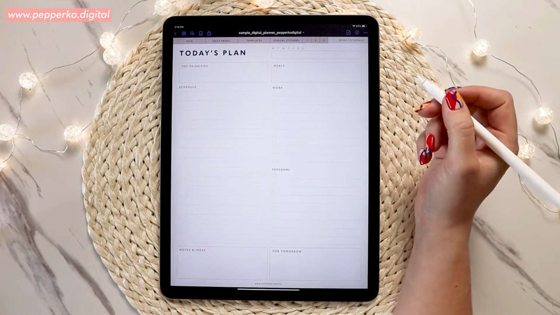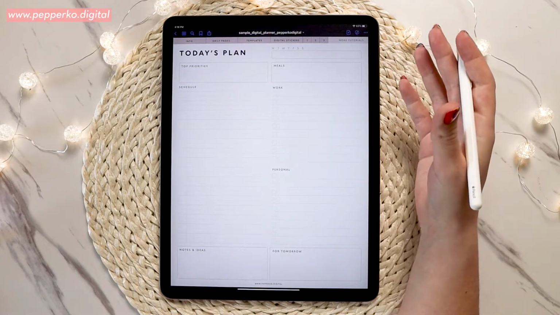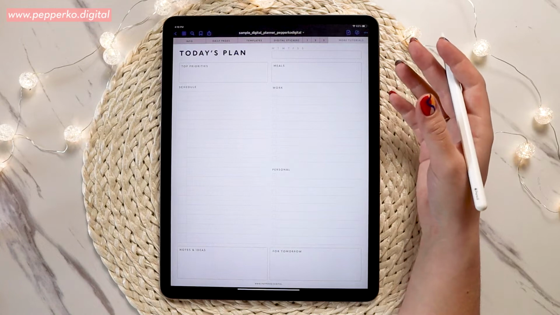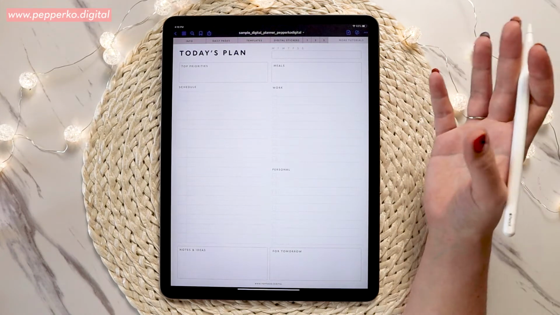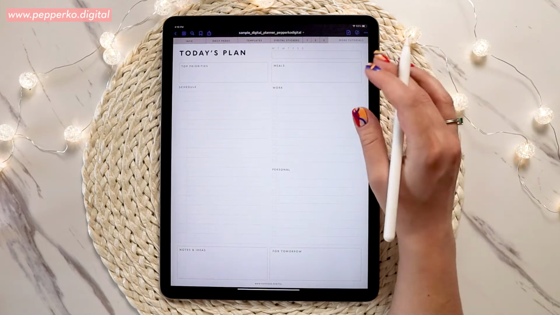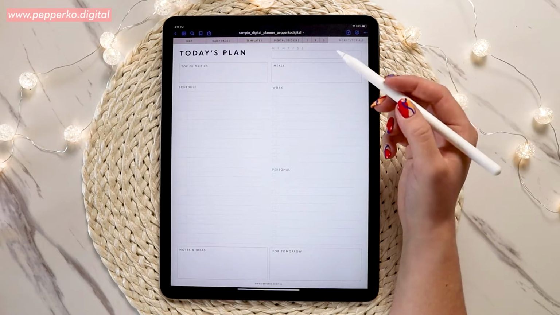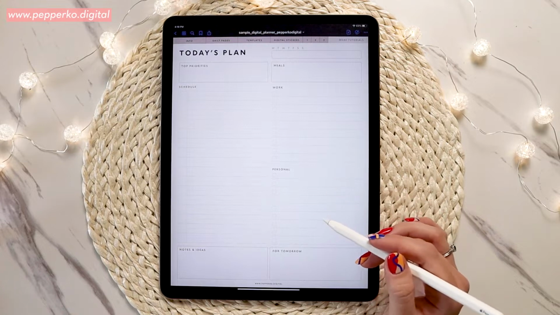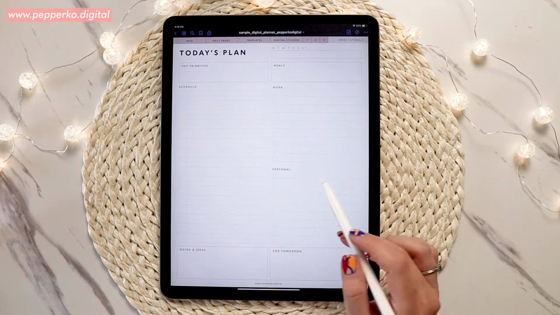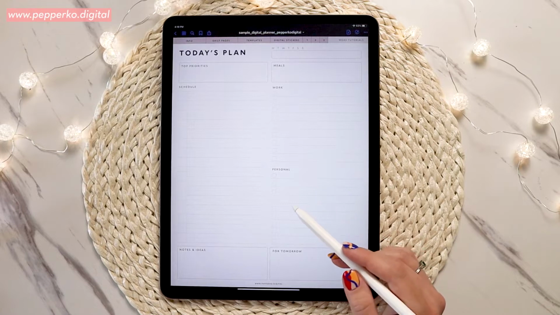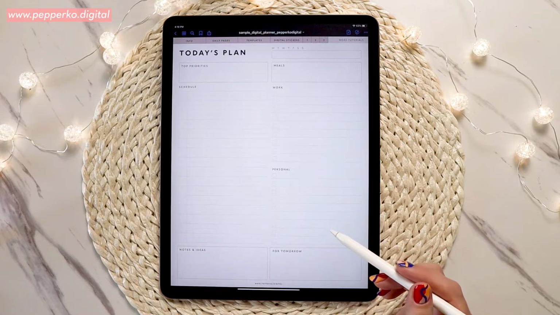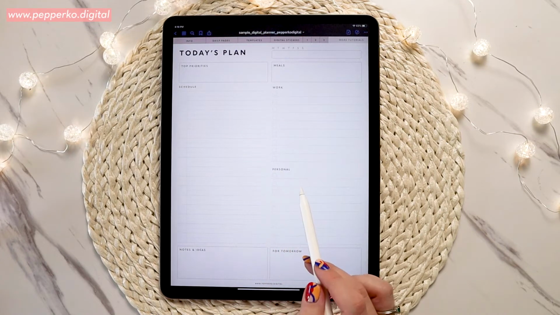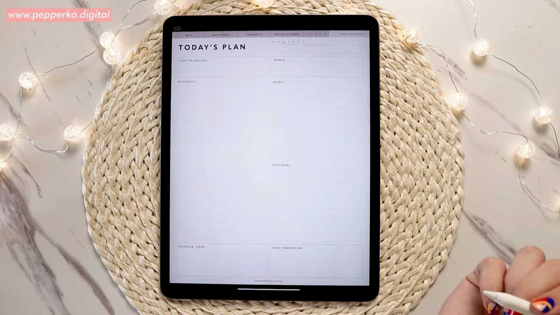Something more in depth that I want to show you is how you could customize this page to better fit your needs. As I mentioned earlier, this is a huge plus for digital planning, that you can customize a page and make it your own. I have in the little to-do sections, like I mentioned, a work and personal title for that checklist. But say that you don't want the personal section. Say you'd rather have this list be for groceries that you need to get that day. So you can actually just quickly cover up the personal and write in your own title for that list by,